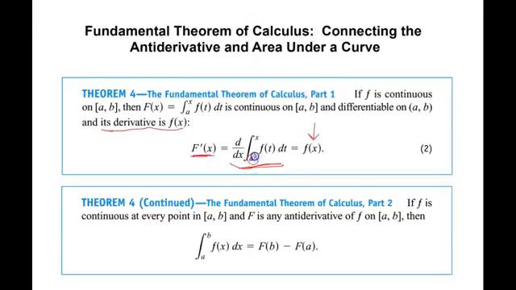Now, of course, here, this x equals a, that's just a constant. So you're going to see when we talk about the second part of this theorem why they don't mention anything about the a that's in here. But again, this theorem is basically saying, if we have some function that we want to take the antiderivative of over some closed interval of x values, then its antiderivative is also going to be continuous and is going to be differentiable, meaning that we can take the derivative anywhere in between x equals a and x equals b,